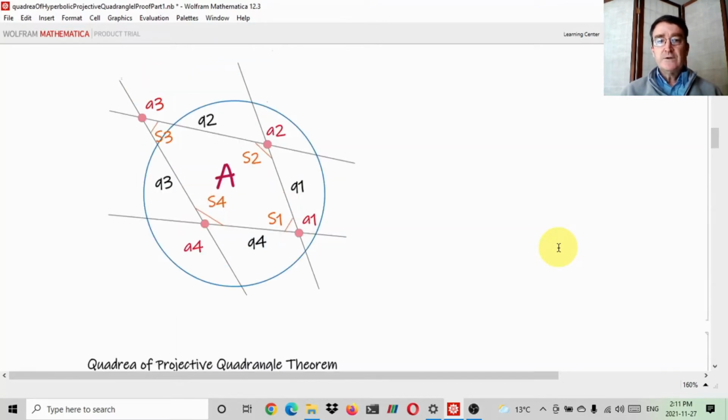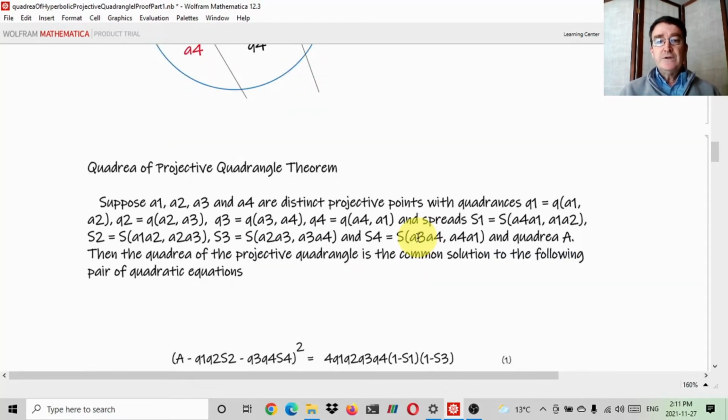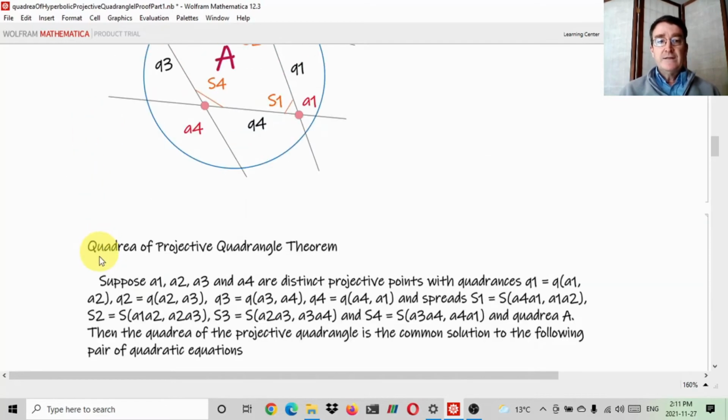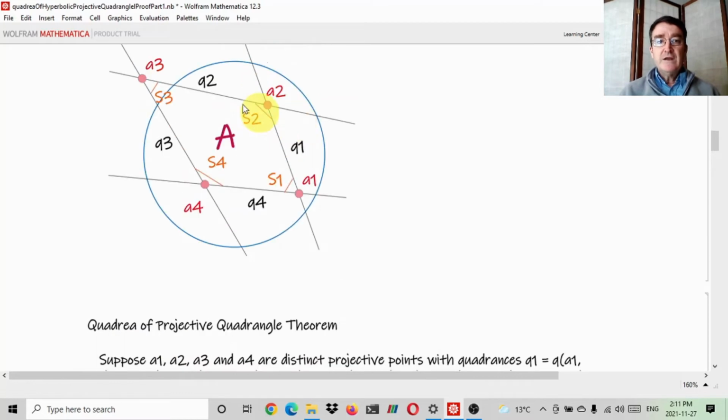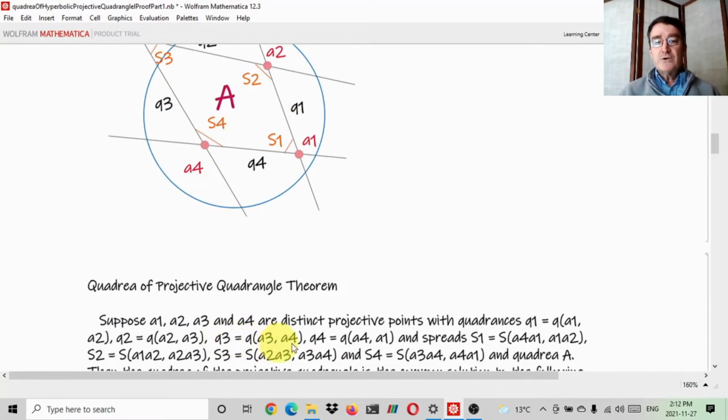Okay, so again we have a projective quadrangle A1, A2, A3, A4 with side quadrances Q1, Q2, Q3, Q4, spreads S1, S2, S3, S4, and the quantity we're interested in is A. So from the previous video, the quadrea of the projective quadrangle theorem states: suppose A1, A2, A3, and A4 are distinct projective points with quadrances Q1, the quadrance between A1 and A2, Q2, between A2 and A3, Q3, between A3 and A4, and Q4, between A4 and A1, and spreads S1, the